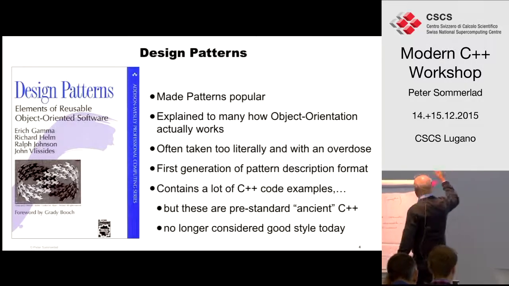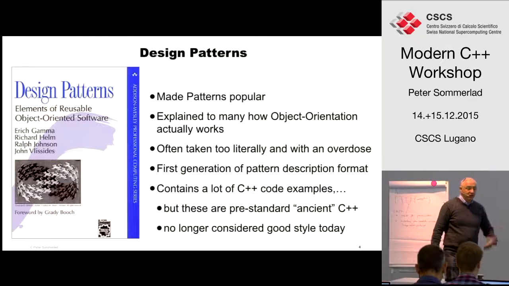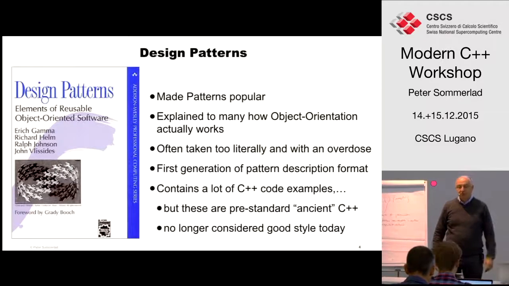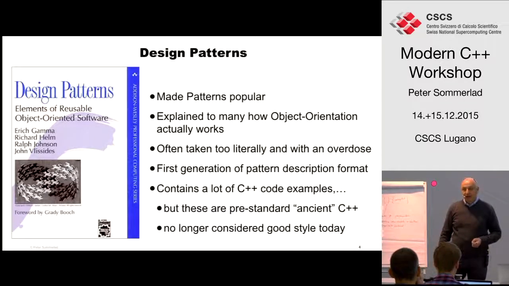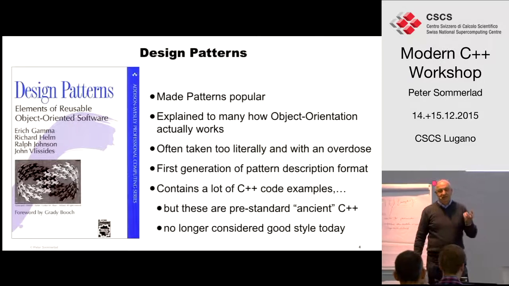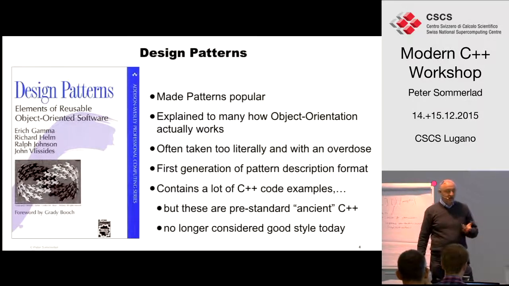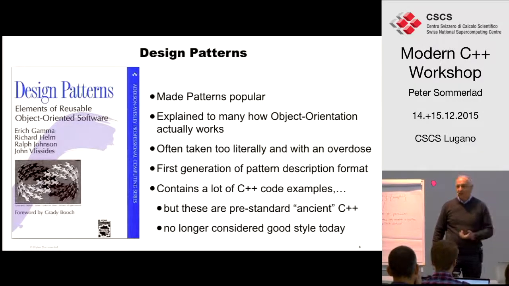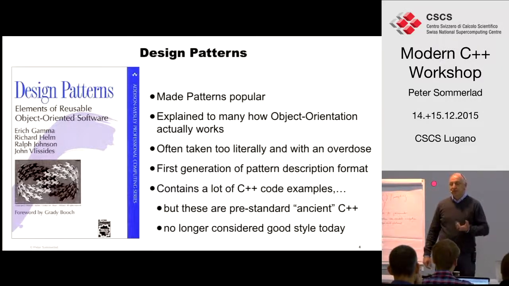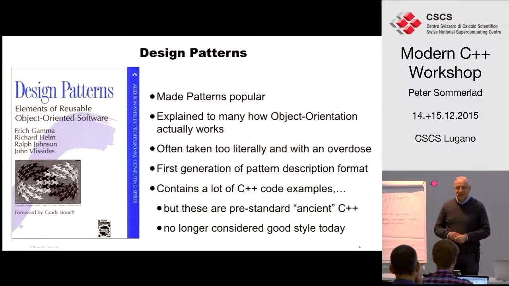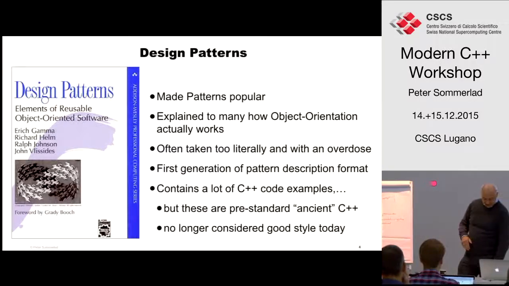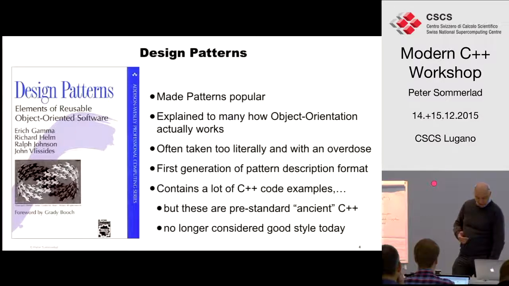One thing is, in that book there are a lot of C++ examples because that was one of the mainstream object-oriented programming languages at the time. But from today's perspective, after more than 20 years, it's no longer good code, even the C++ code, because it's ancient C++. It uses mechanisms that are no longer applicable, it uses bare pointers, which you are no longer allowed to use after my session yesterday, and you no longer intend to use them. And there are better ways to apply the patterns today.